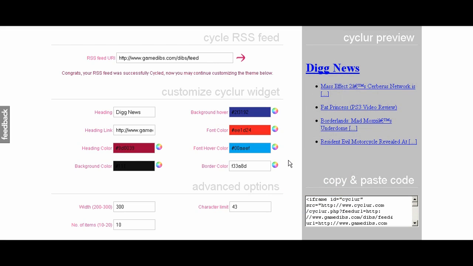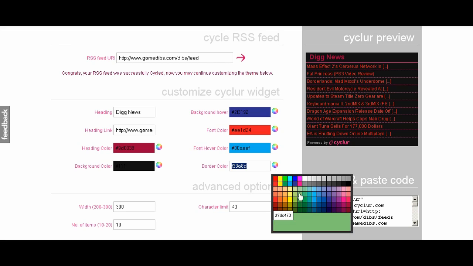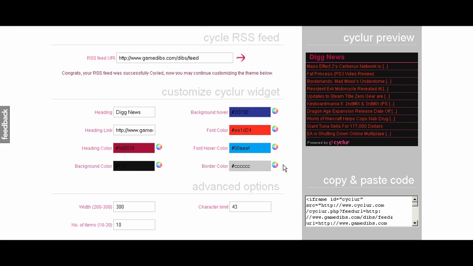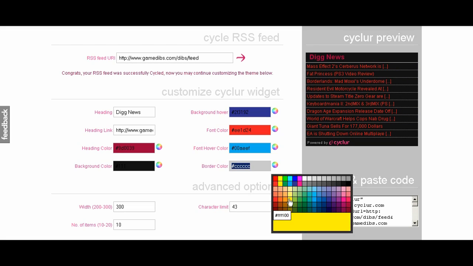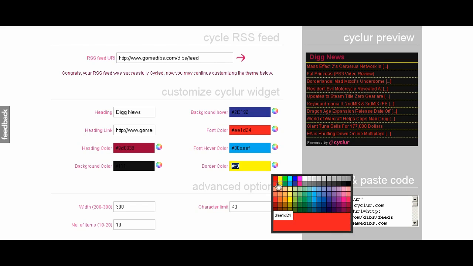The last tab on the right column is Border Color. Border Color controls the color of the dotted borders separating the topics on your feed, as well as the thicker solid line that separates the heading from the items. Like every other color tab, there's a color wheel to the right of the tab. Click the color wheel and pick out something that catches your eye. You now have a uniquely customized widget that can be added to your web page. That's it. Simply copy the code under the feed on the right hand side of the page and paste it